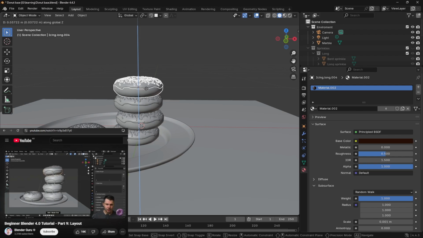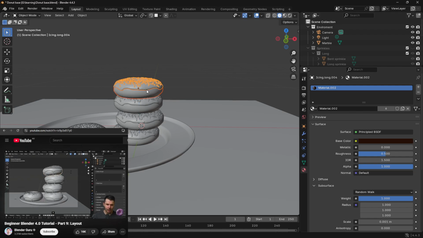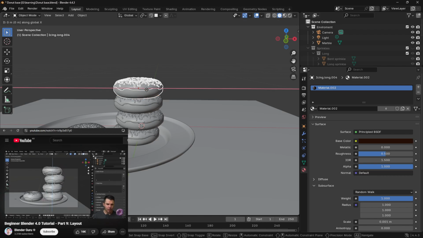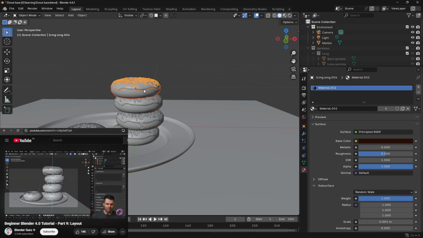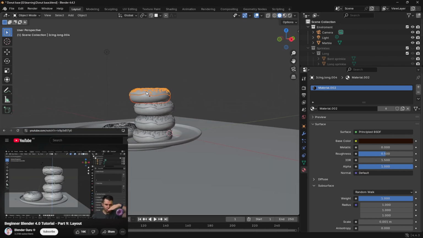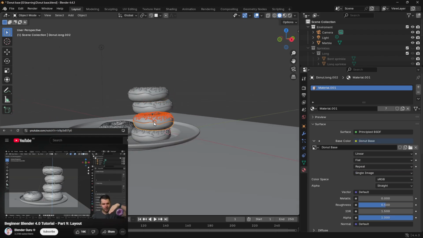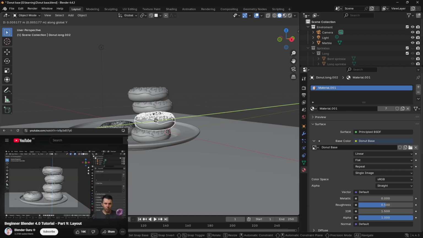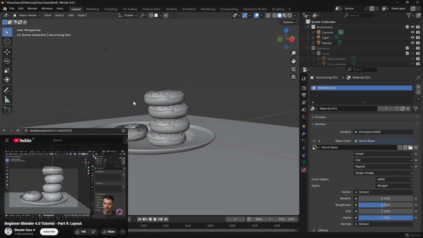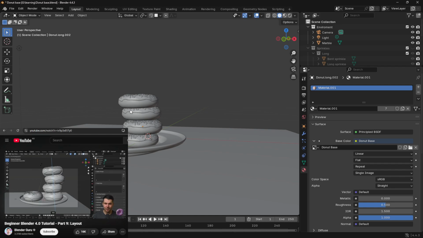So with each donut selected one by one, I'm going to hit R and then tap Z, and that's going to just rotate along the Z axis. But you can see if I just tap Z, that axis that I put it on a little bit, like just tilted it, it's now reversed the tilt because I'm rotating along the Z. But what you can do is rotate it along its original axes by tapping Z not once, but twice. Okay, and you can see that the line has now changed a little bit